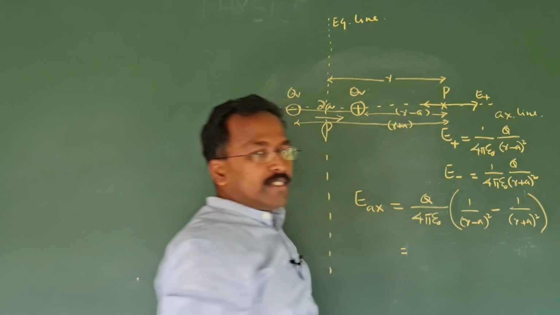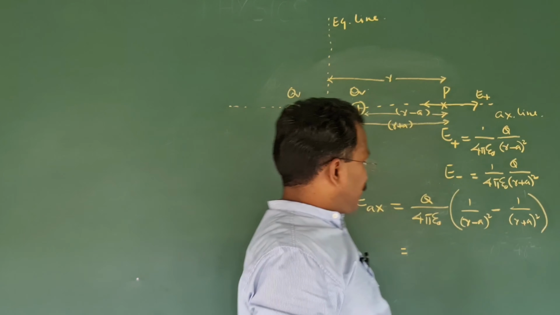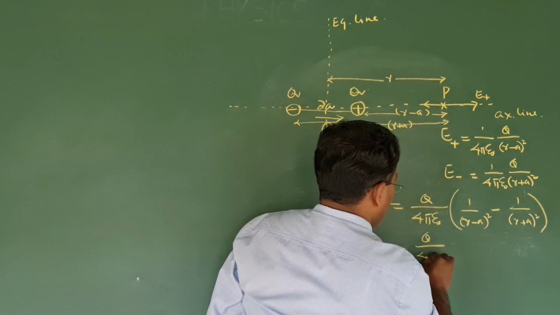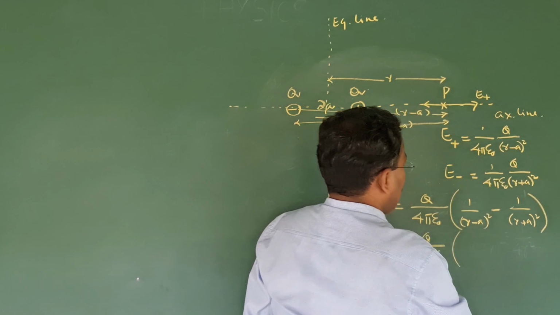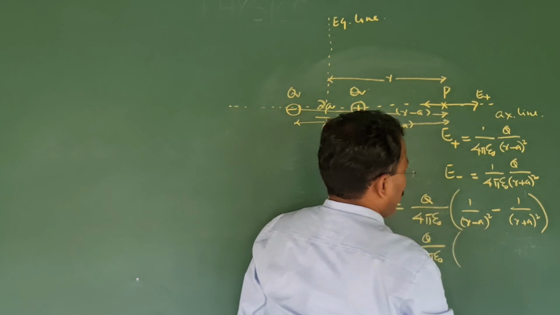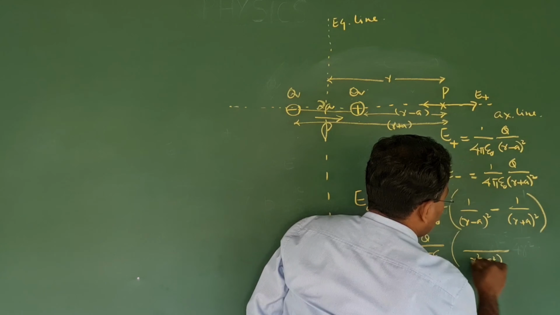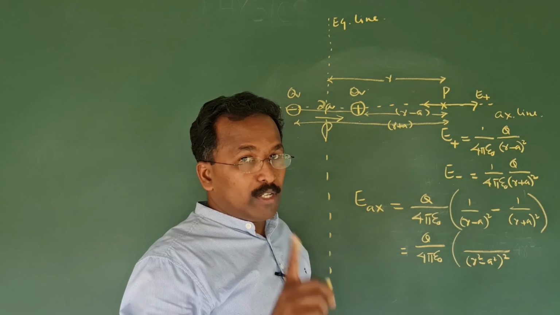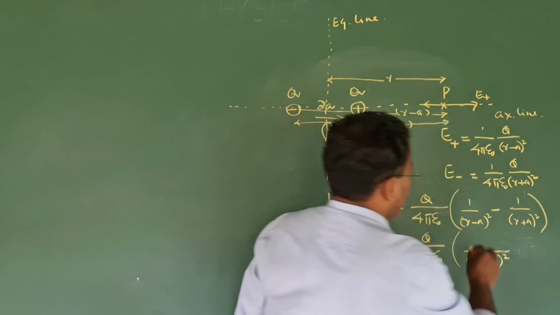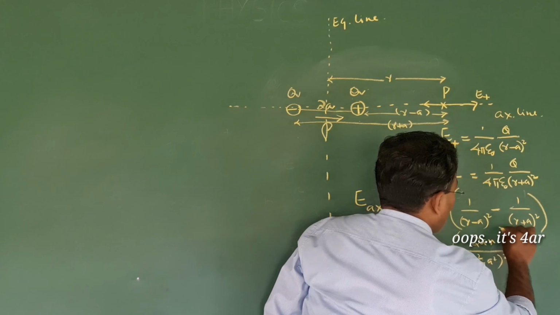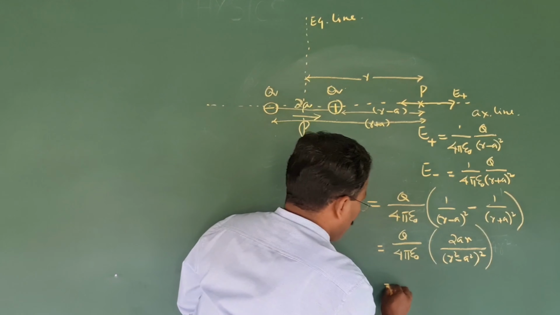Next is the simplification step. I am not writing the simplification steps. You have to take the LCM. So that is Q divided by 4 pi epsilon 0 into, this is r minus a whole square, this is r plus a whole square, so I can write it as r square minus a square the whole square. I hope you understood. And you have to substitute the remaining things here. You will get 2ar. The remaining factors will cancel out. So this is equal to,